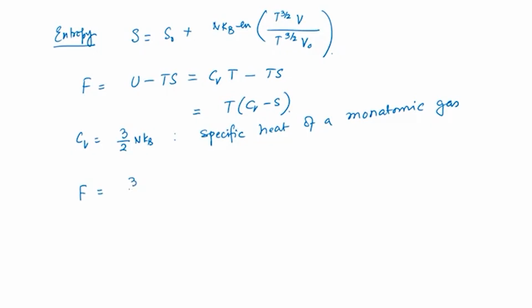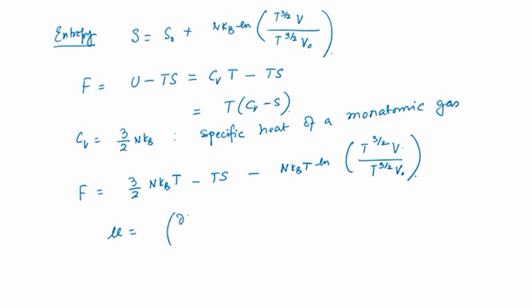So the free energy can then be written as 3/2 NkT minus TS, and this is equal to NkT log of T to the power 3/2 and V, with a minus, and T to the power 3/2 and V naught and so on. Okay. So that brings us to mu, which is